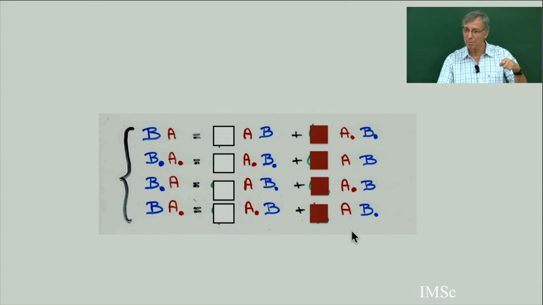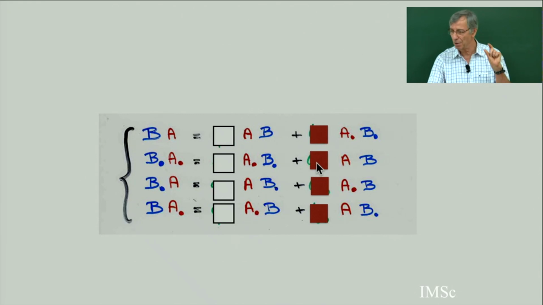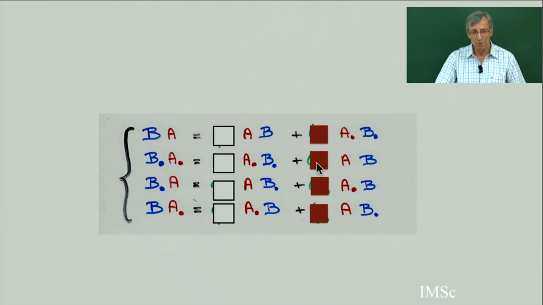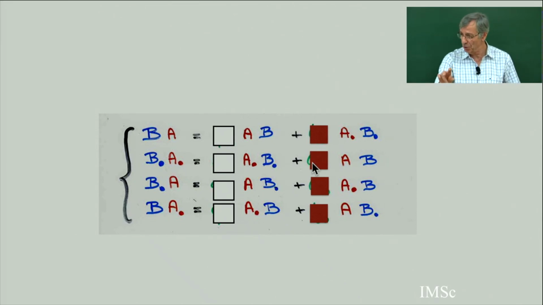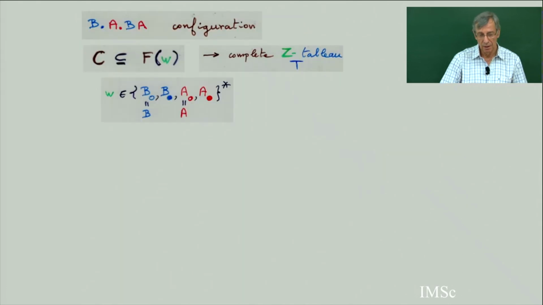But now you can make a more sophisticated bijection by saying that I will consider it as either a commutation or a commutation with change of indices. You can make this rule different for each cell of the Ferrers diagram. Here the rule was the same for all the empty cells and all the brown cells, but you can define a more sophisticated bijection by saying the rule depends on the cell, on the geographic position of the cell. So this can make some more sophisticated bijection between a subset and the tableau.